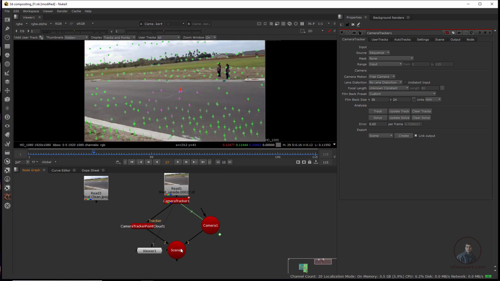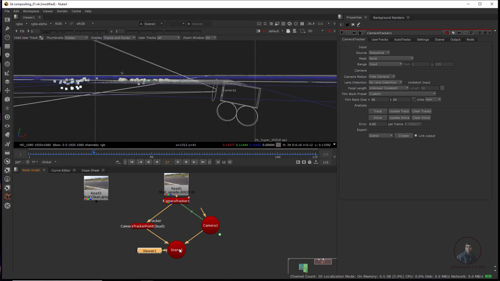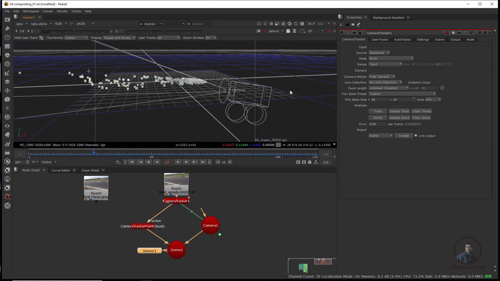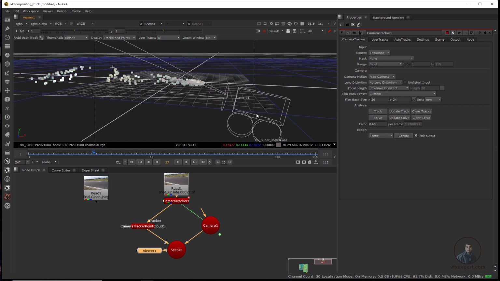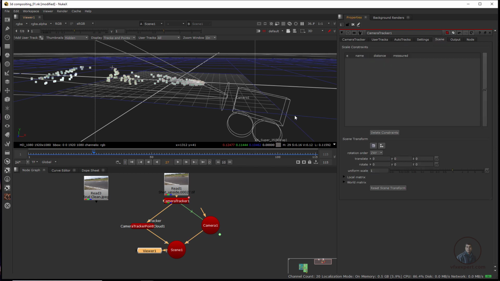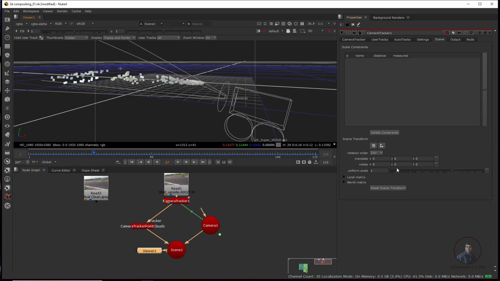Okay, now select the Scene node and press 1 here. Now you can see here, the scene is looking good, but I think the camera is flipped here. Okay, so we have to adjust this one. Then again come into our scene here. From here you can adjust your camera. I am going to adjust it here. We have to adjust this orientation a little bit, maybe 180.